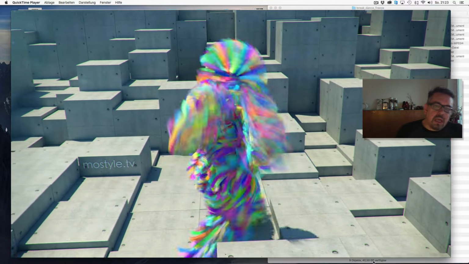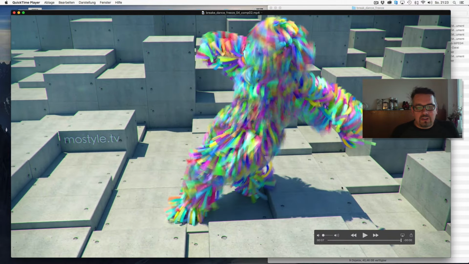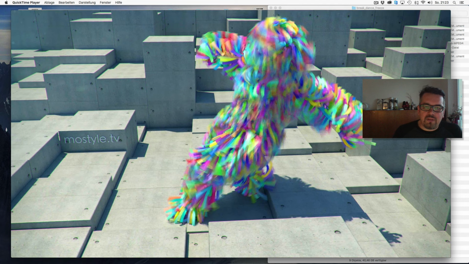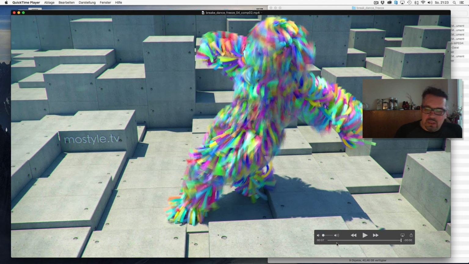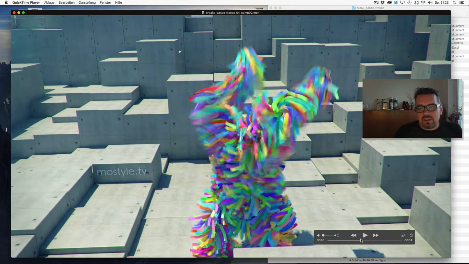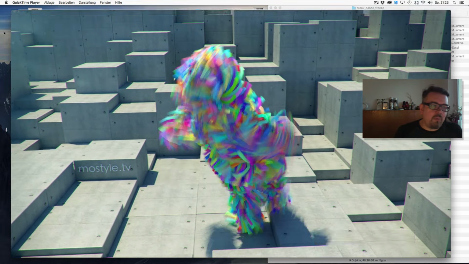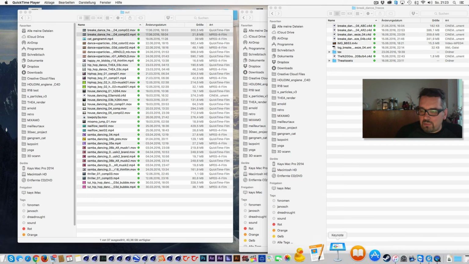Okay. And you can see the cubes have, of course, some kind of easy texture, but nothing more. It's a very easy setup, and because it's made of MoGraph elements, you can animate them easily.